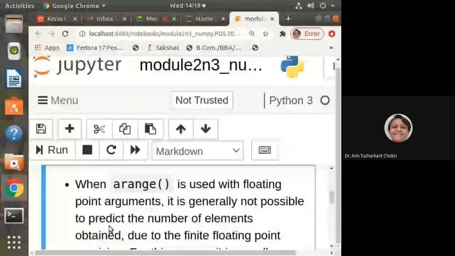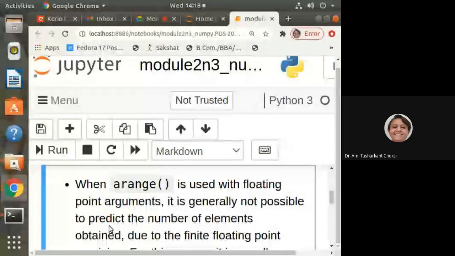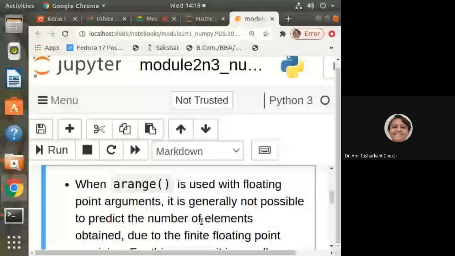This we can do very simply. But if specified as 1.2, then 5 plus 1.2 plus 1.2 plus 1.2 will be difficult. That's what they are saying. If the starting number and steps are in floating point, it will be difficult, due to the finite floating point precision.